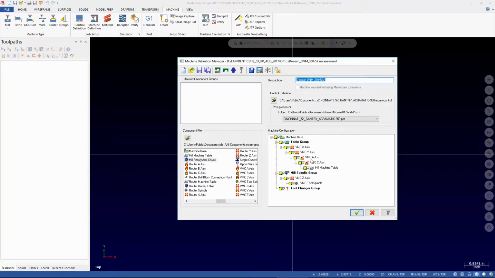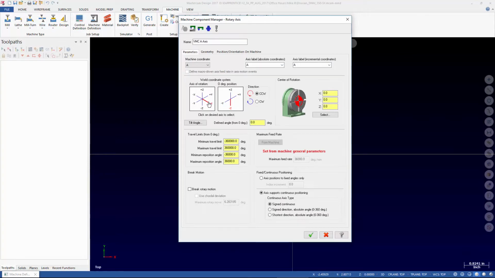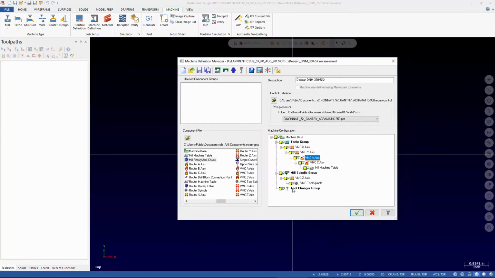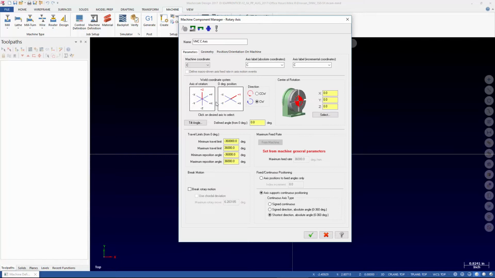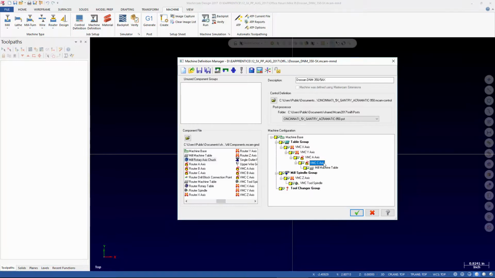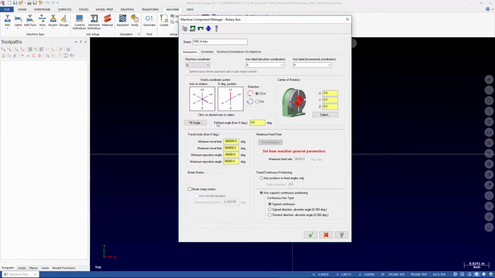Okay. And if we look at the A, it is rotating on X. 0 degree position is actually vertical. These don't matter because that's not done in the machine def. We look at the C. The C does rotate that way. Now, this is an interesting thing. We can set these values here, but they don't change the fact that we have to set them inside the machine. If we look at the A, we're rotating about X. The 0 degree position is positive. So X means that,